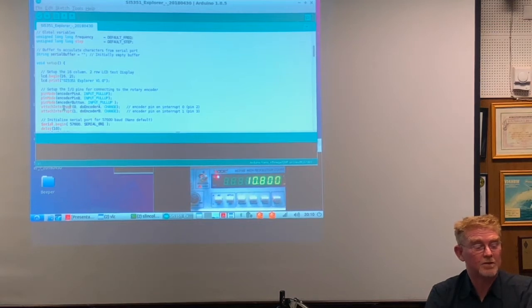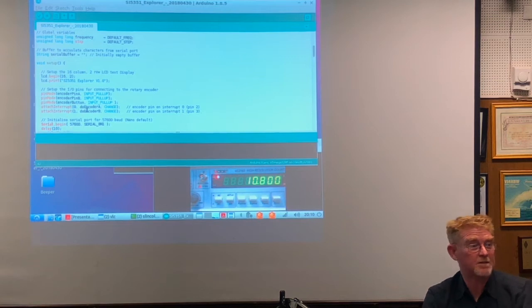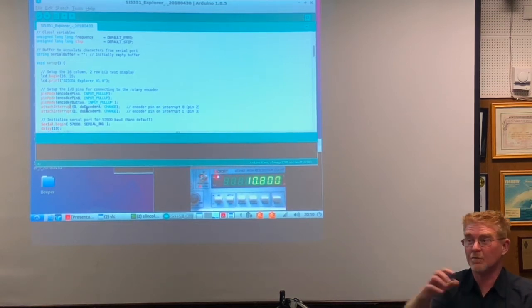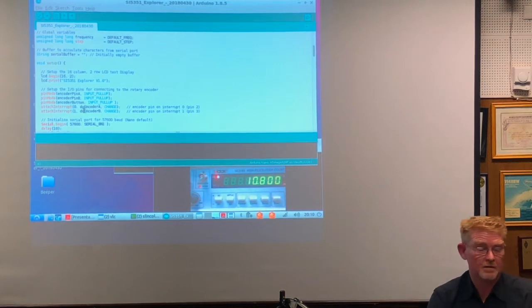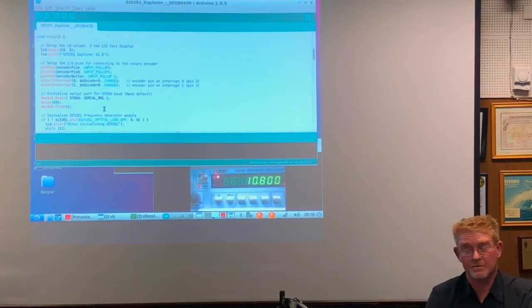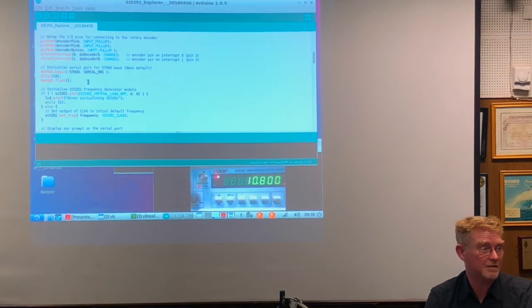It does some work to attach an interrupt handler to those pins. An interrupt handler is essentially when your program is doing bits and pieces and something noteworthy occurs. It says stop what you're doing and do this code instead. Can make things a lot easier to understand until they go weird. You're debugging, and that's why I missed my debugger. Interrupt handlers are terrible when they don't do what you want.